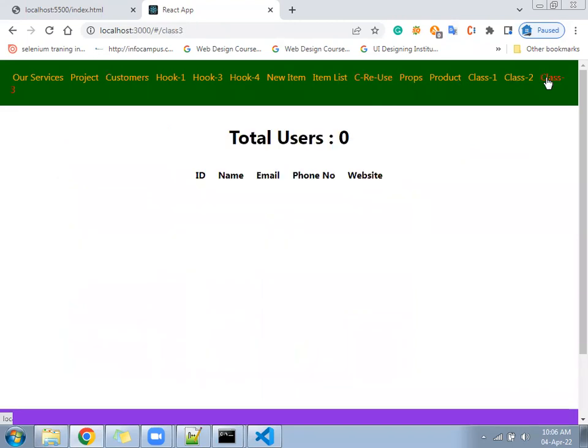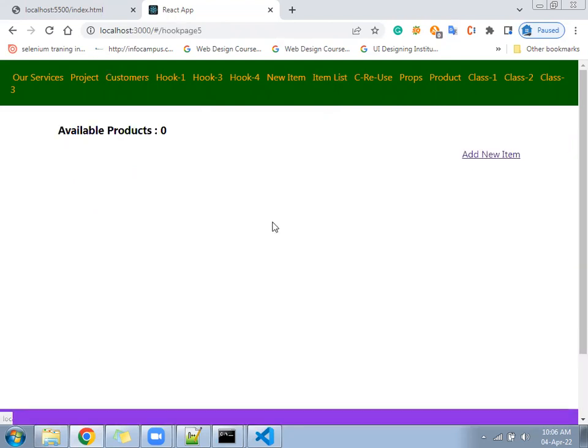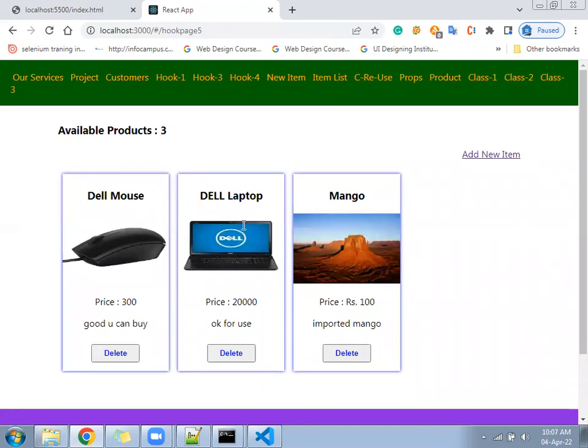So we are going to implement how to read the data from the JSON server using which one? Class component. Okay, using a class component. For example, we have an item list. Where is this item list getting the data from? From the JSON server only. Similarly, we can create a class that can read the data from the JSON server. So let us go ahead